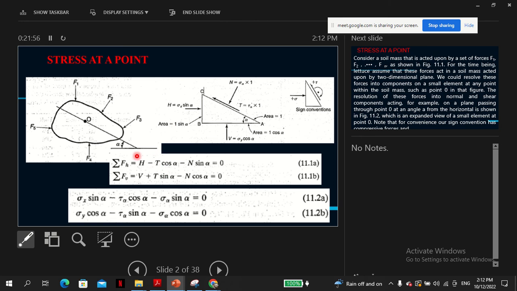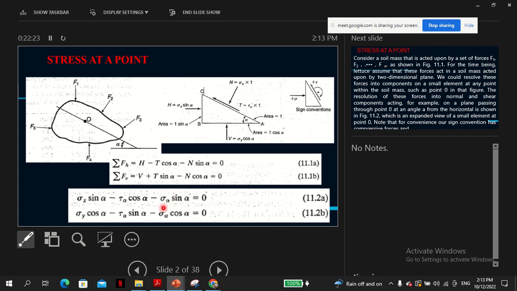So H, you can see H here is sigma x sine alpha, and then T cos alpha is the same here. Because T is tau alpha times 1, so tau alpha times 1 is just tau alpha, so this is where you can see tau alpha cos, and then sigma alpha